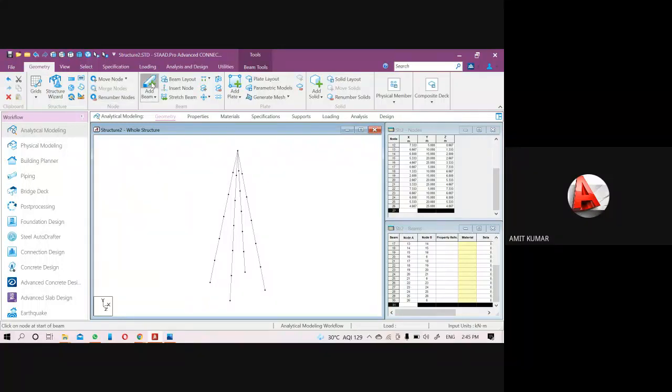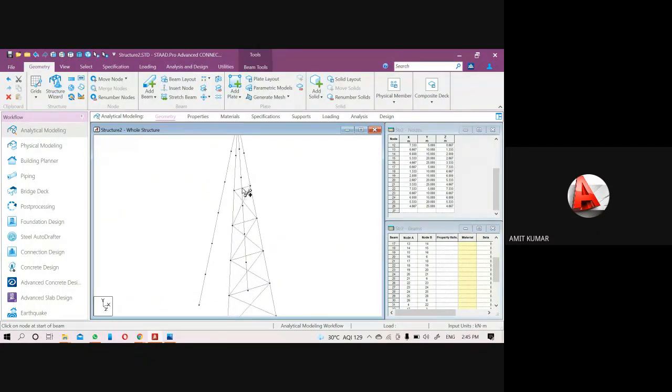Now through the add beam method, you have to click here. If you click on any wrong place, then it will ask to insert a node. We don't need to add the node, that's why we have to press no here. So this is the procedure of the manual method. But sometimes it is very complicated to identify the right node point.